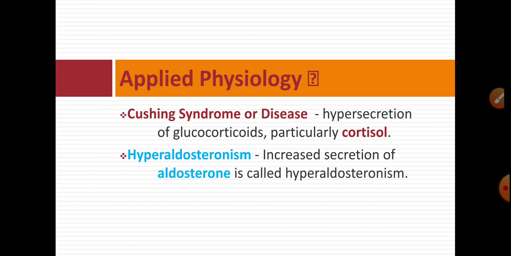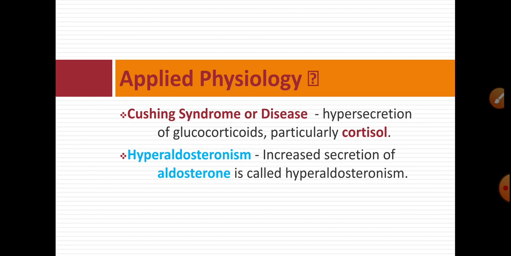So here we have completed the adrenal cortex region of the adrenal gland, but in the next lecture we will see the adrenal medulla, or hormones of adrenal medulla. Here we have completed three important hormones. Out of these, two are most important, aldosterone and cortisol. Aldosterone is secreted from zona glomerulosa and is a mineralocorticoid hormone, while cortisol is a glucocorticoid hormone secreted from zona fasciculata. But in small quantity, cortisol is also secreted from zona reticularis.